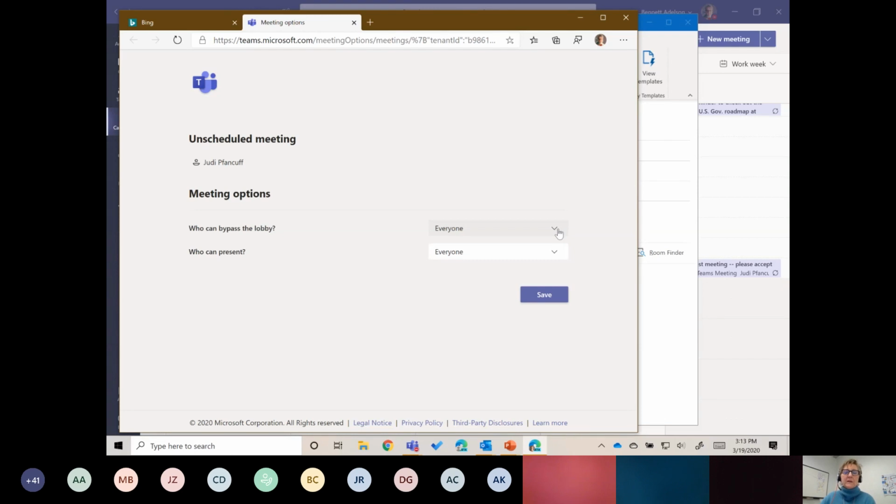If you want to bypass that, you click that meeting options link and you can change this to everyone can bypass the lobby instead of just people in my organization, which is usually the default. And you also have a setting here for who can present.